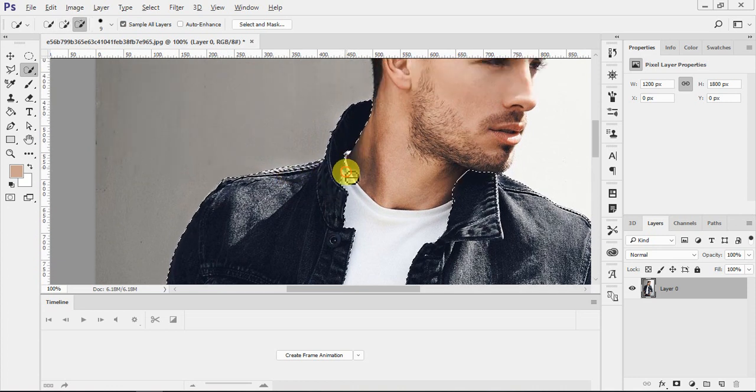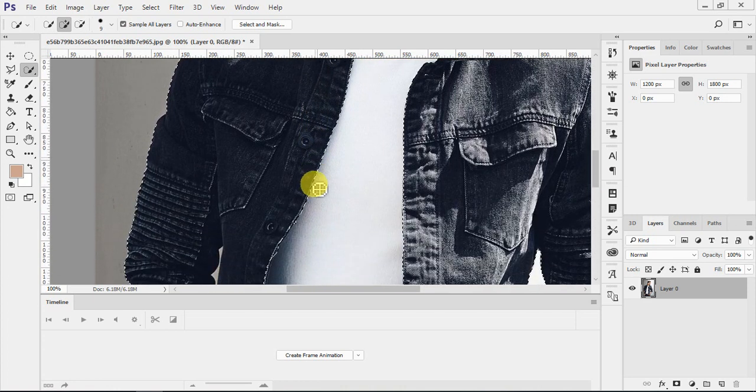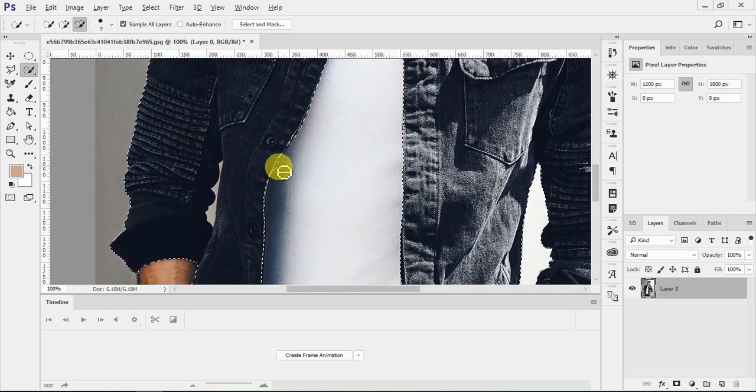Now see, this we will just remove. In this type of work you have to make a perfect selection. You don't just say, okay, this will work for my time. No, you have to select the perfect area. If I want to select the jacket, then I will select the jacket, not the extra part, and select this one completely. If something is added extra, you have to subtract it, because it will show some little bit of color on the t-shirt that will show that you have edited it. So just remove this one.